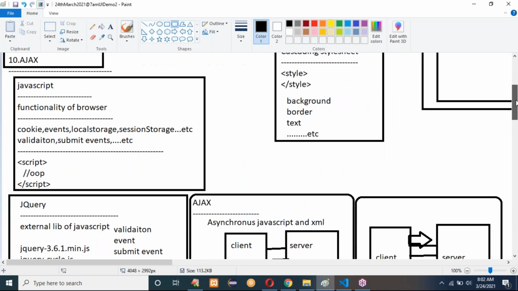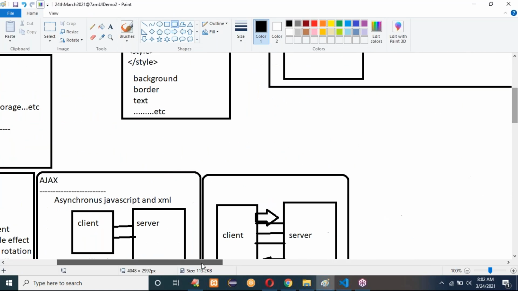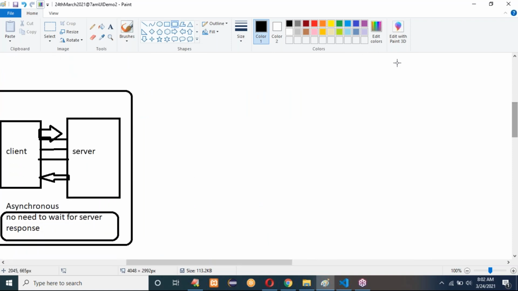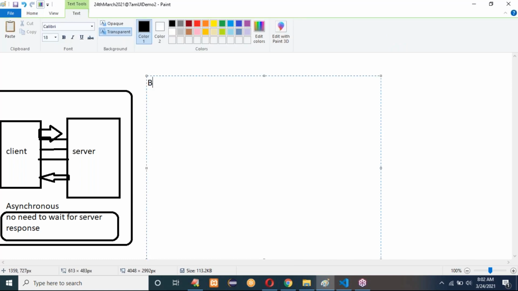Responsive design is nothing but, here we are showing gmail.com in desktop, in mobile, in tab. In all devices, how we can show the output, that is what we'll do here. If you go with the responsive design,